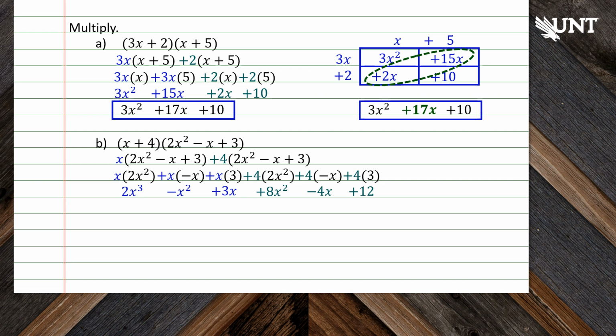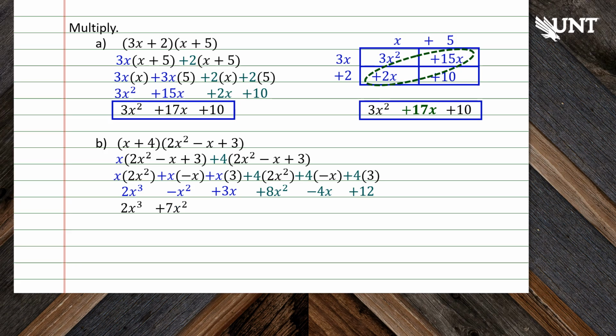Well, when we write our answer, we want the highest power written first, and the highest power is the x cubed. But it is the only term, so 2x cubed will remain in our answer. Now we look for x squareds. Notice we have a negative x squared and a positive x squared, which can combine to give us a positive